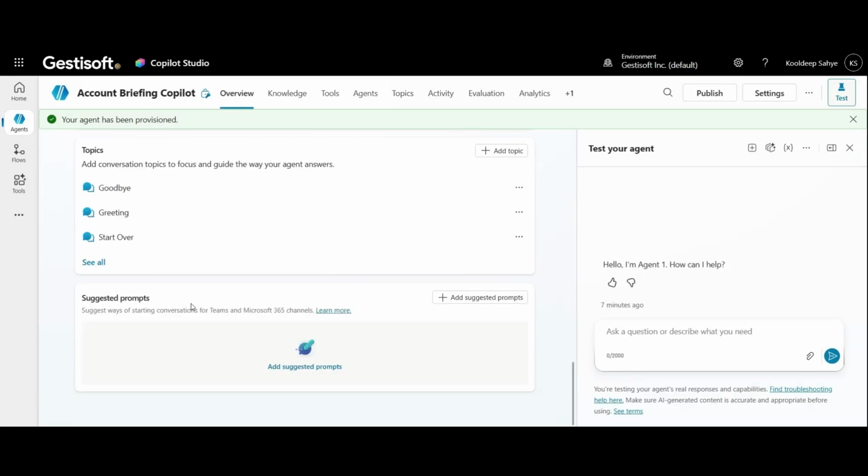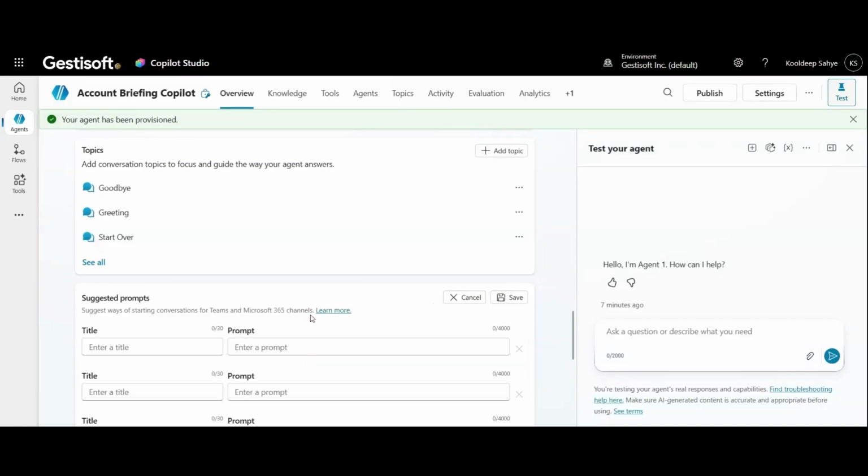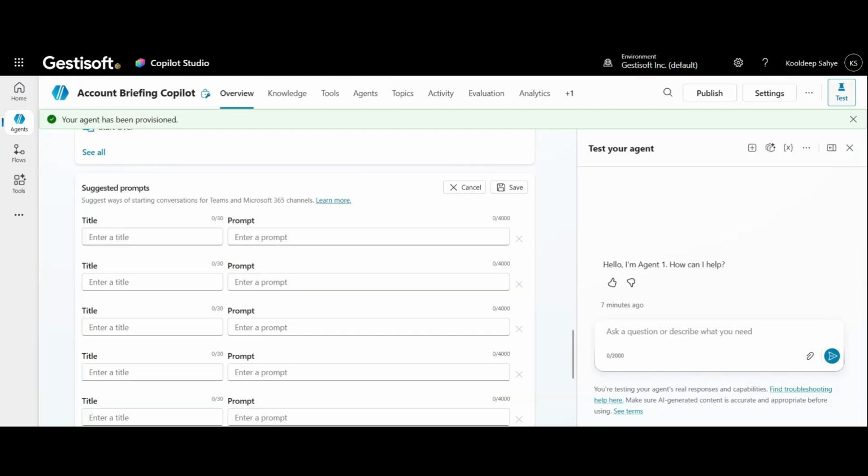Now, this is a great way for you to help guide people who are going to use your agent and to help them know what are the different prompts that they can input, and so what does your agent do. So for instance, you can choose to add suggested prompts. So there is going to be a title and a prompt. If you want to learn more about that, we can do a video specific about prompts. We also have them in all of the other videos that we've posted, like Copilot for Word, Copilot for PowerPoint, or Copilot for Excel, where there are